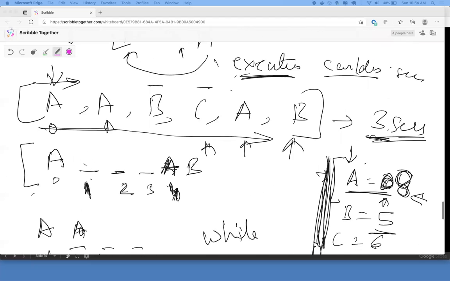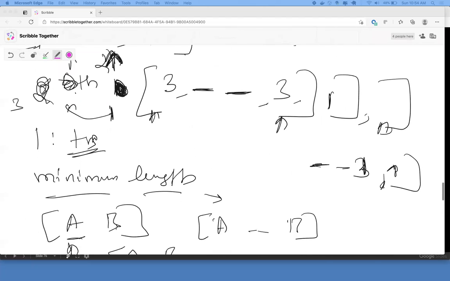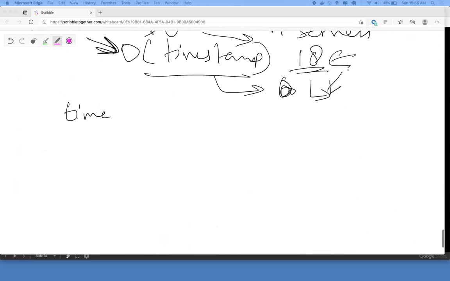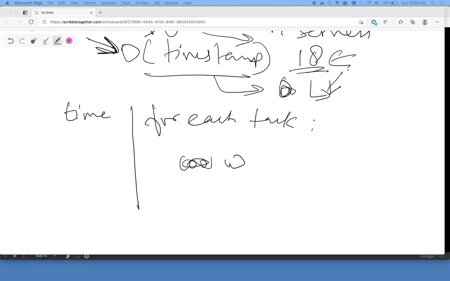Now when you say for each task, and then you have a cooldown happening, so while not cooldown, you run it and keep doing +1, how will you write the time complexity?